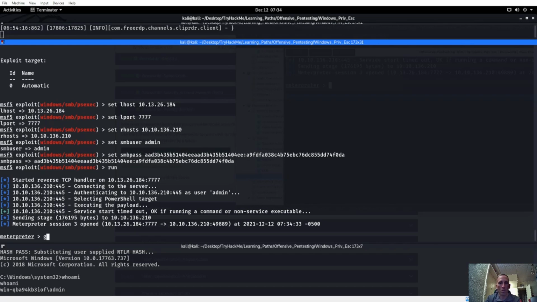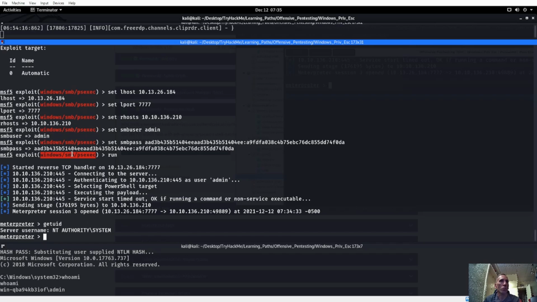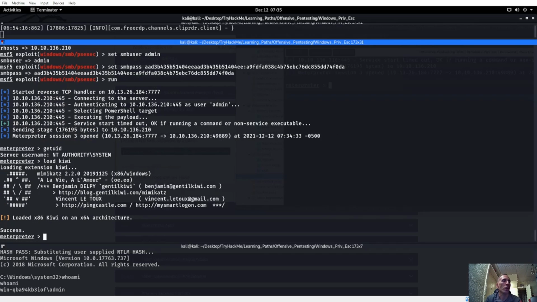Now we can do our getuid, and we are actually NT System Authority because we used the PSEXEC. So we passed the hash as admin, but then we're able to run an exploit as NT System Authority. So now we can load Kiwi, and we can just continue to pass the hashes, things like that, and move around the system. Mostly lateral movement, obviously. Now we're NT System Authority, but if we were just a user, we can still do lateral movement, things like that. From here, we can then do a hash dump,